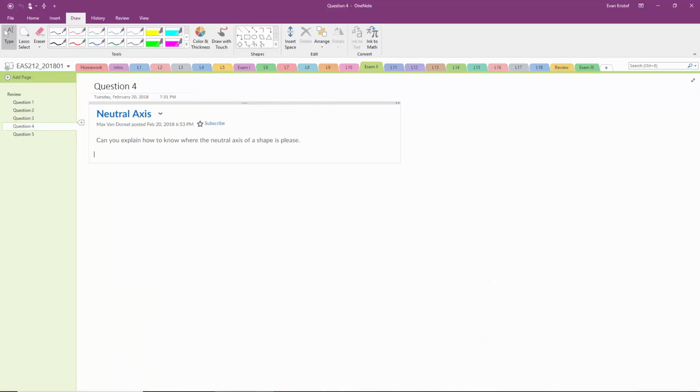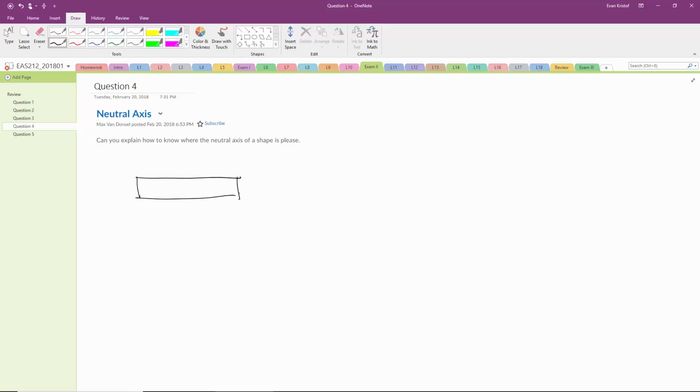Okay, question 4. So this is from Max, and he says, can you explain how to know where the neutral axis of a shape is? In a nutshell, it's at the centroid of the shape. The only real exception is when you have a cross-section with multiple materials. But pretty much all the ones that we're going to be dealing with, 95% of them,